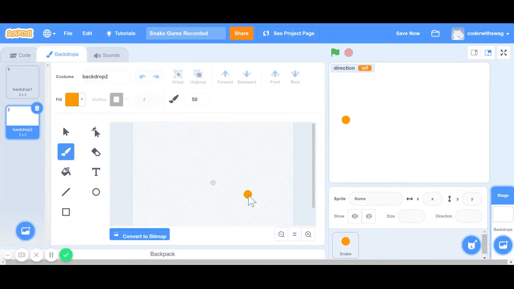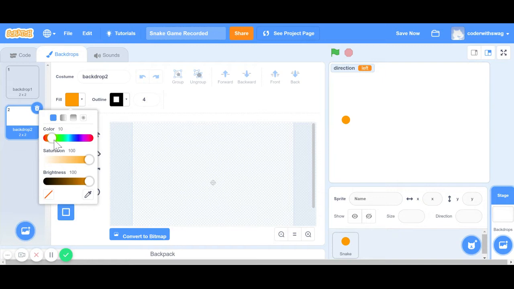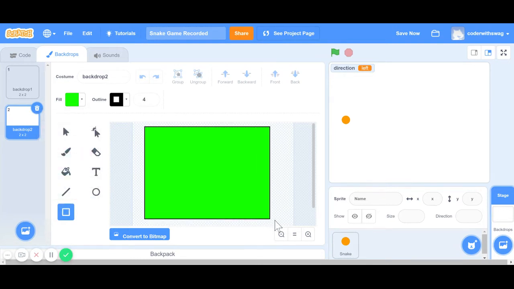And for my game screen, all I want it to be is just a rectangle, just one rectangle, so that I can dictate the bounds of the gaming area. So I'm going to make this green, and I'm going to make this rectangle green. So I just pick a green color, just like that, and I draw out the rectangle,